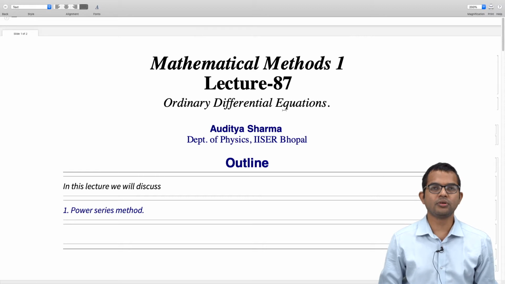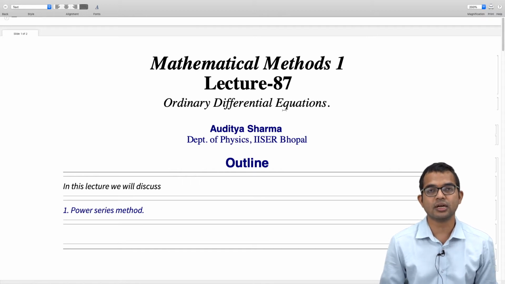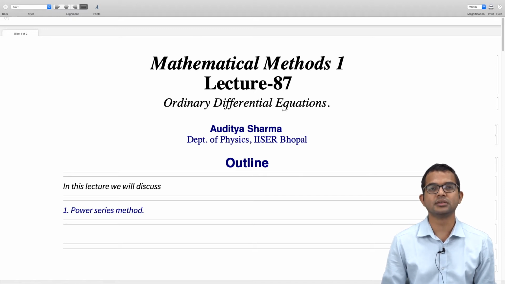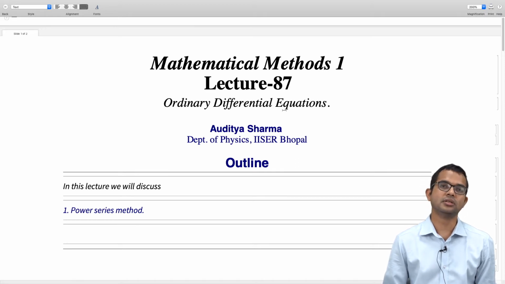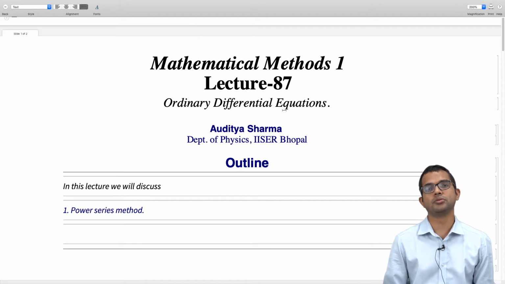Okay, so we have looked at a number of different methods for solving differential equations. We have seen how, if you can somehow get the general solution for a homogeneous differential equation, even if you put some function on the right hand side and make it an inhomogeneous equation, there is a way to solve this problem. Two methods we considered were the variation of parameters method and the Green function method, right?